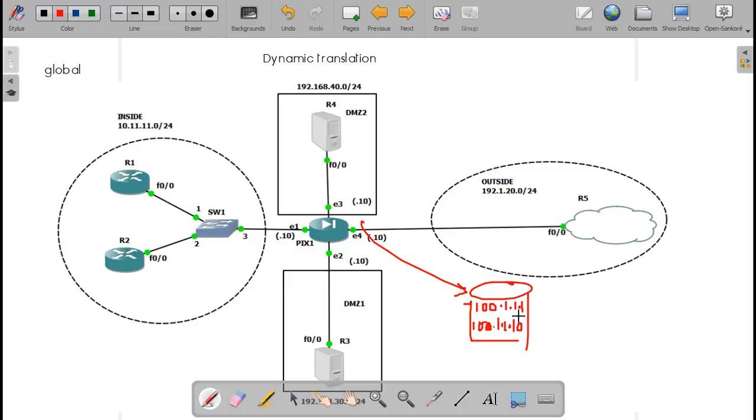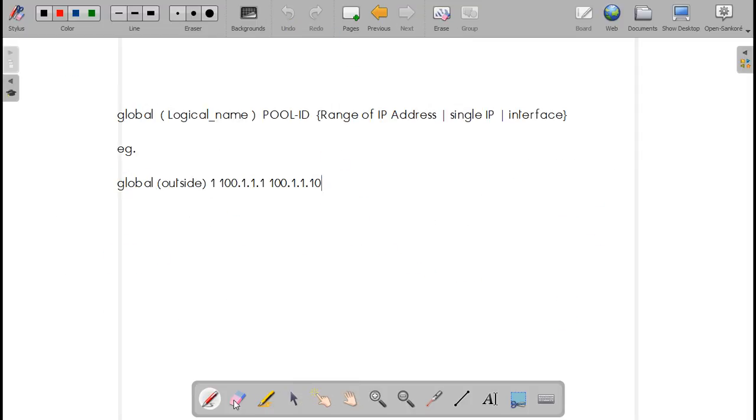And your pool, the pool ID is what? Pool ID is 1. Now you need to define a rule for who can use this pool. For that you will use the NAT keyword. So your command in that case is going to be